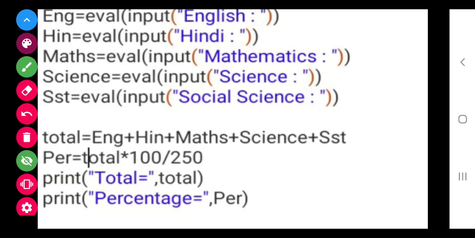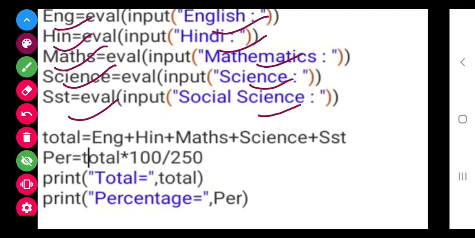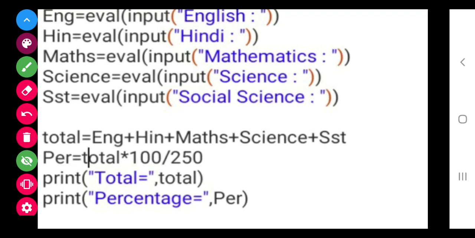So class, 5 subjects I have chosen: English, Hindi, Math, Science, SST. This is just a message that I have written. You can write it in any way. You can write enter marks in English, enter marks in Hindi. Here you can write anything. It's just a message, but this eval, input, you have to think about.